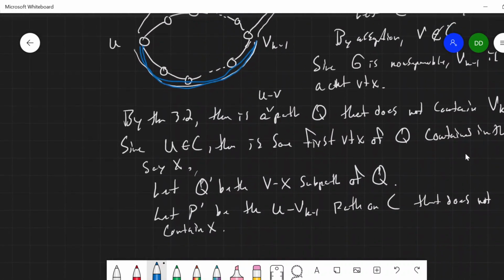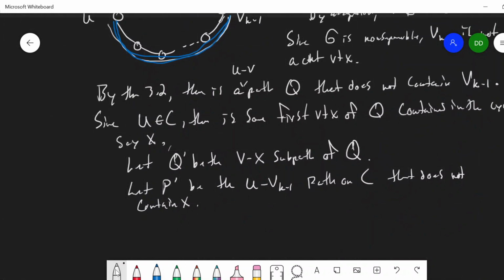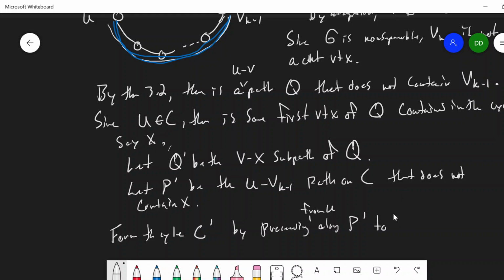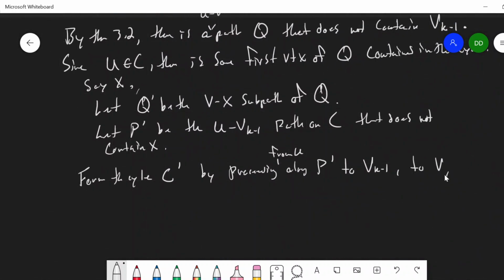And then we can say, then form the cycle, let's call it C prime, by proceeding along P prime, proceeding from U along P prime to Vk minus 1 to Vk, or V, then